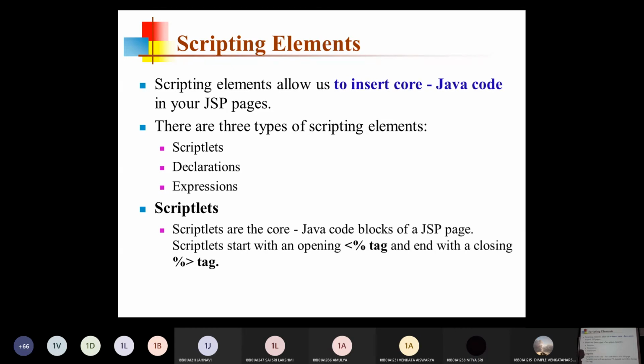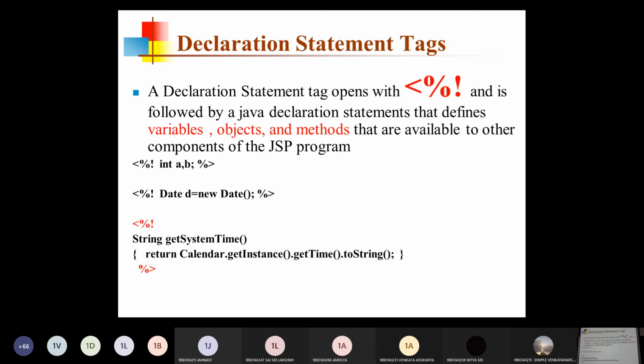These scripting tags start with angle bracket percentage and are closed with percentage angle bracket. We have three different categories of scripting elements: scriptlets, declarations, and expressions. See the syntaxes of each and every tag. Declaration tag. Please tell me, how does the declaration tag look?